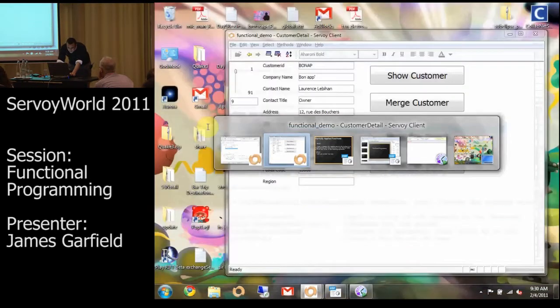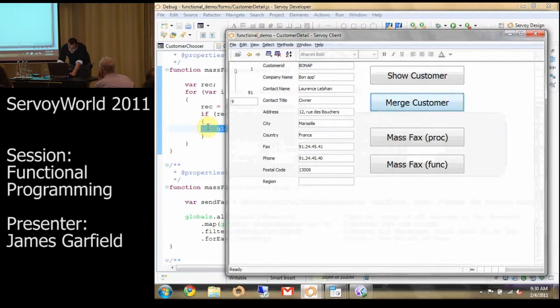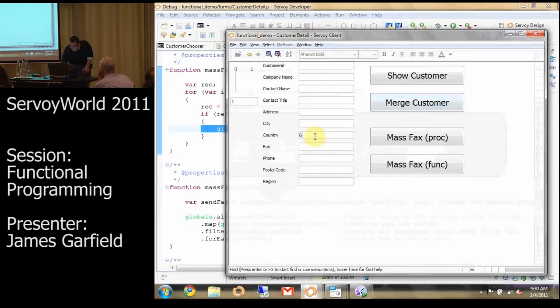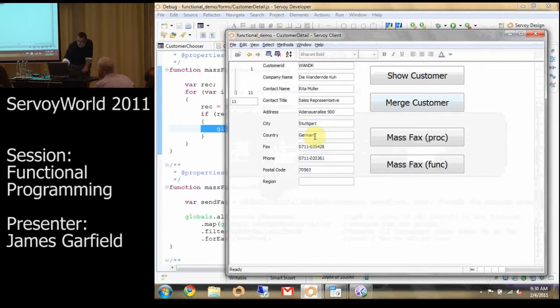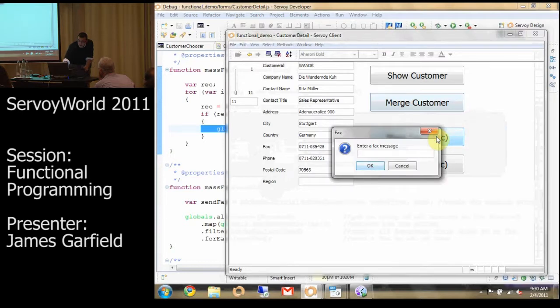We have 11 records here, and we see that some of them don't have fax numbers, some of them have fax numbers. We can do it procedurally, and we can send the fax to all the different fax numbers in our list. You'll notice that none of them are null, and we only sent it to about, I think, eight or 9 records out of the 11. And that was the procedural way. The functional way,